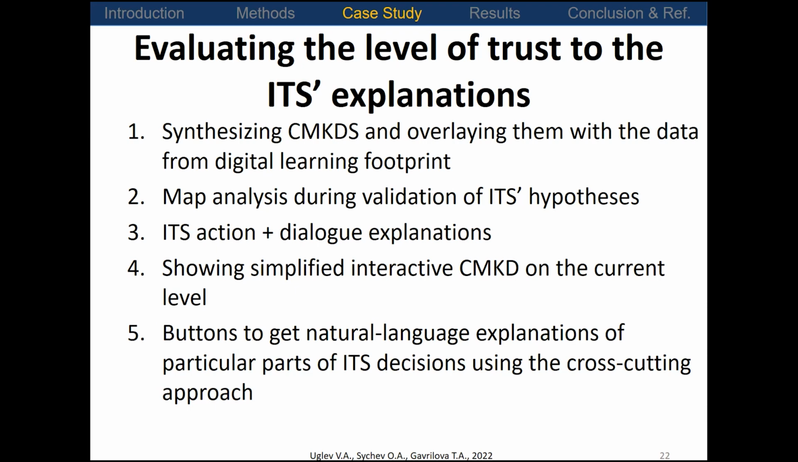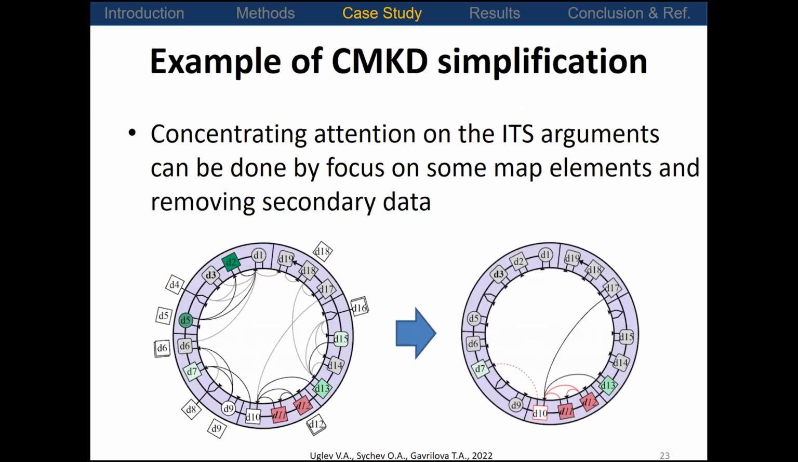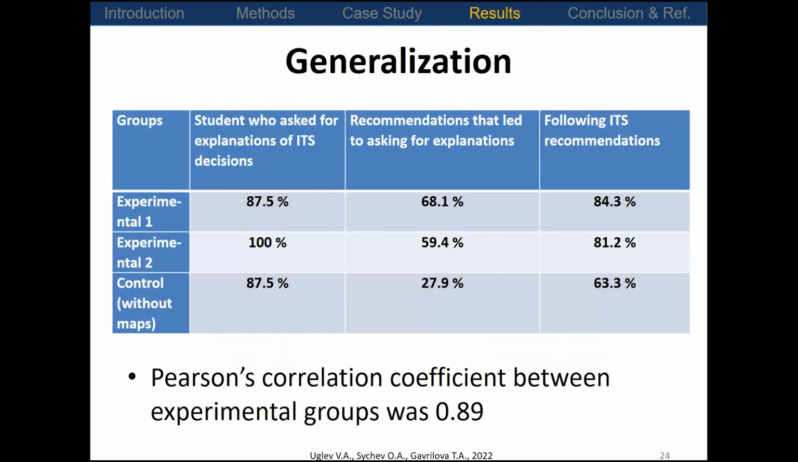Concentrating attention on the ITS arguments can be done by focusing on some map elements and removing secondary data. The slide shows an example of a simplified variant of the map. The generalized realization of the assessment of the increase in the levels of confidence in ITS answers is shown in this